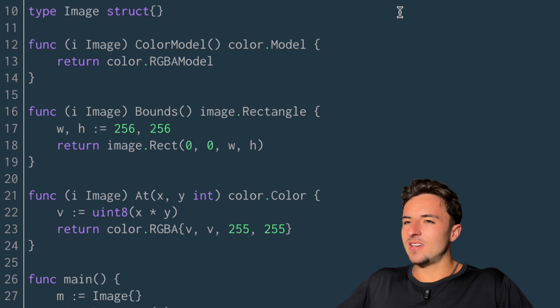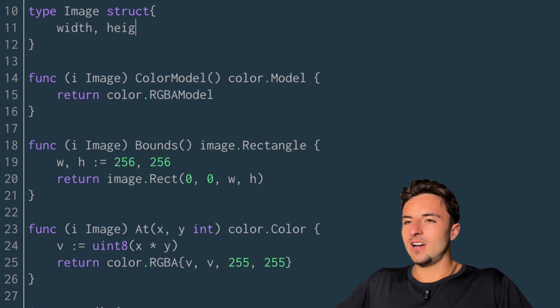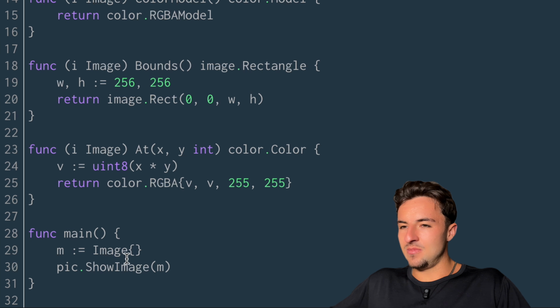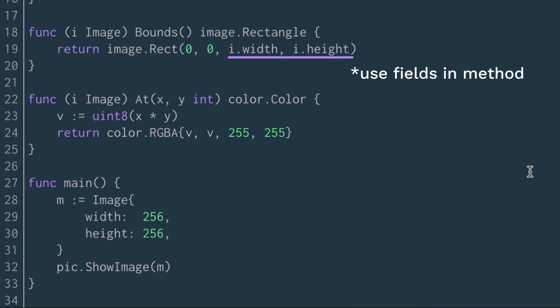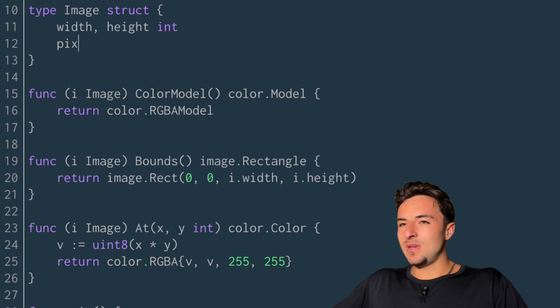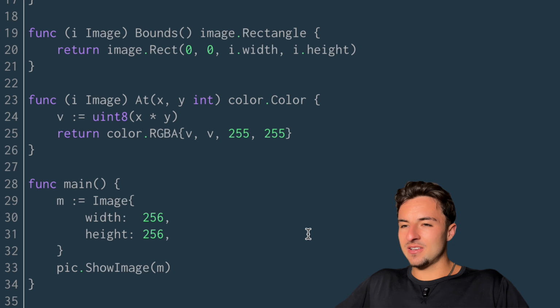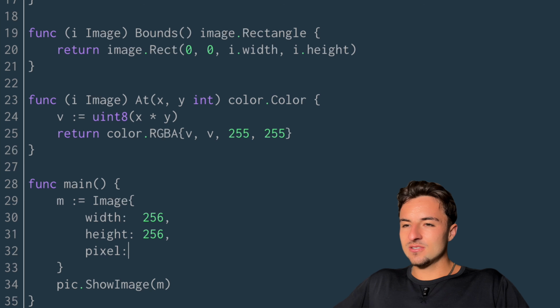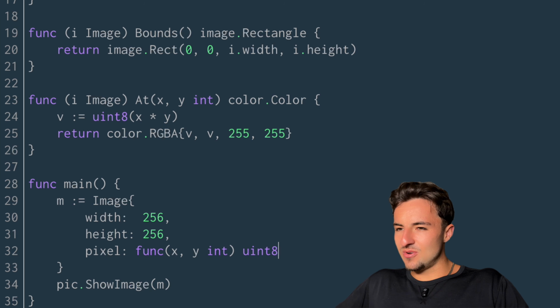So we can add the width and height, width, height, int, and then we add them here in the declaration. Width is 256 and height is 256. Now we can also store the function to compute the pixel's color on the image. So let's add a function pixel, which is of type func, takes in 2 integers and returns a uint8. Now we set the field by declaring an anonymous function. Pixel is equal to func x, y of type int, return a uint8,